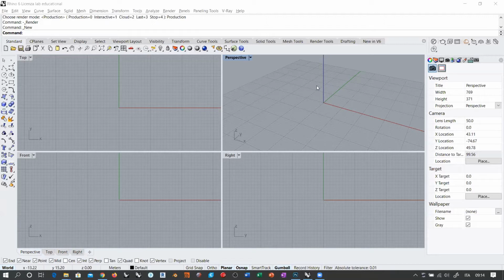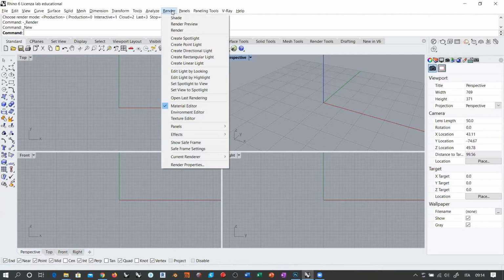In Rhino, I don't know if you already have experience with this plugin and software, but if you want to work with V-Ray, the first thing you might want to do is go to Render, select Current Render, and switch it to V-Ray for Rhino. Now,